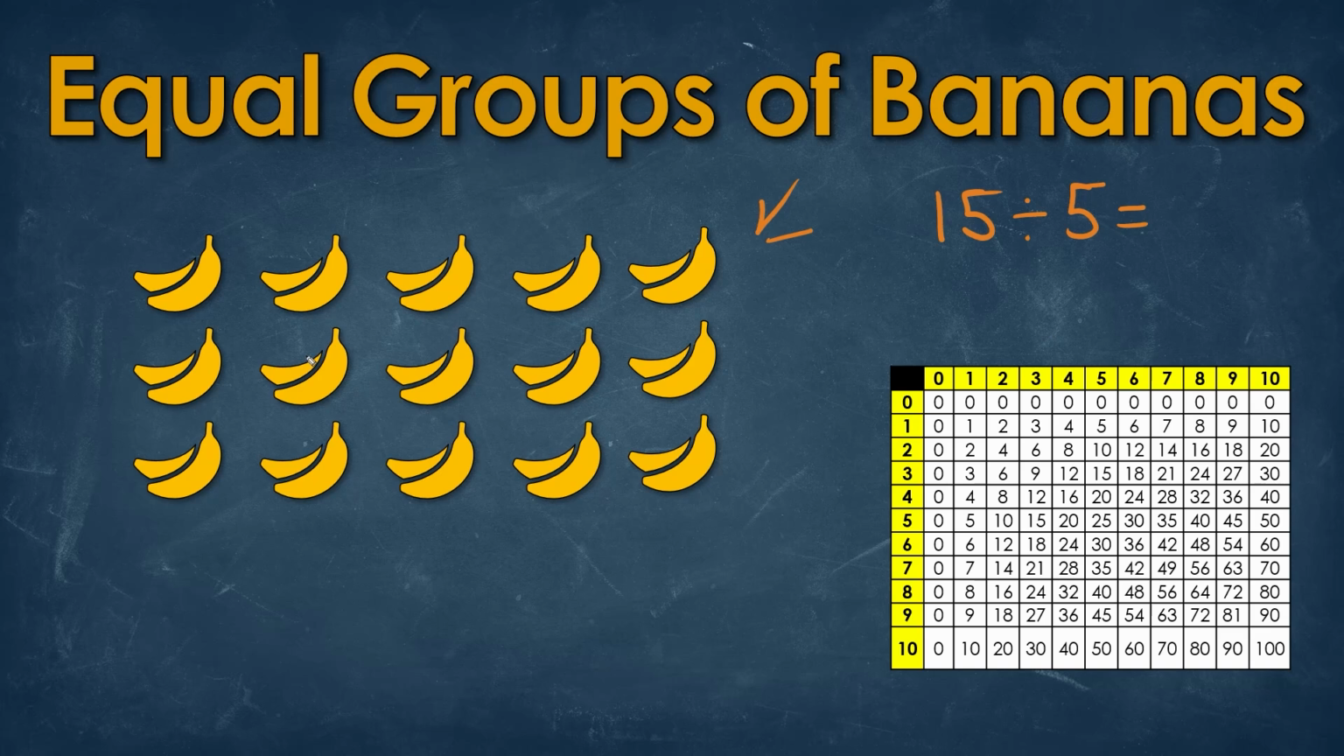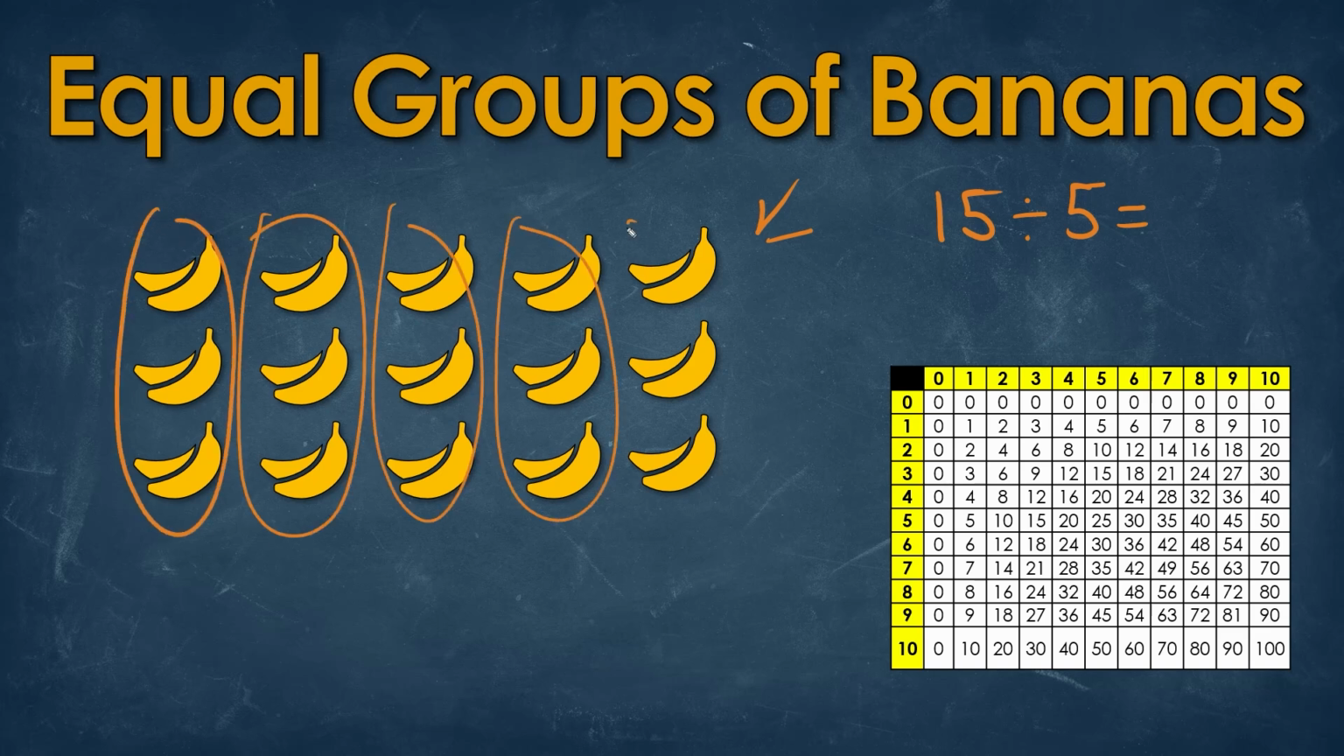So what we can do is group these bananas. If we group them in this direction, what we'll notice is that we have a total of 1, 2, 3, 4, 5 groups, so one group for each friend, and each one of those groups has 1, 2, 3 bananas. For this example, it's pretty easy, but say we had 121 bananas,